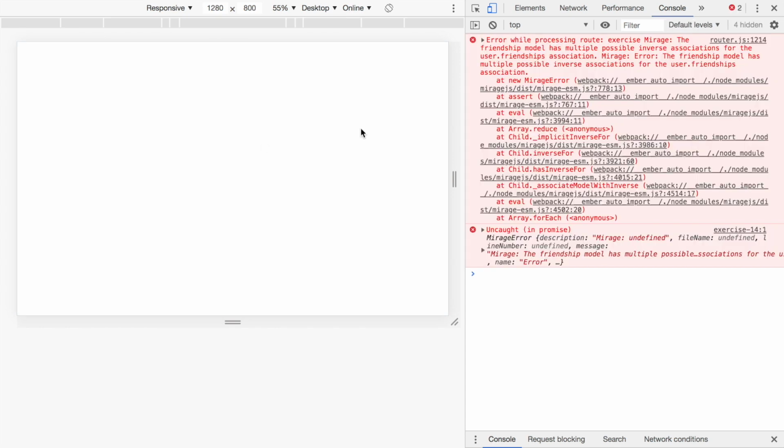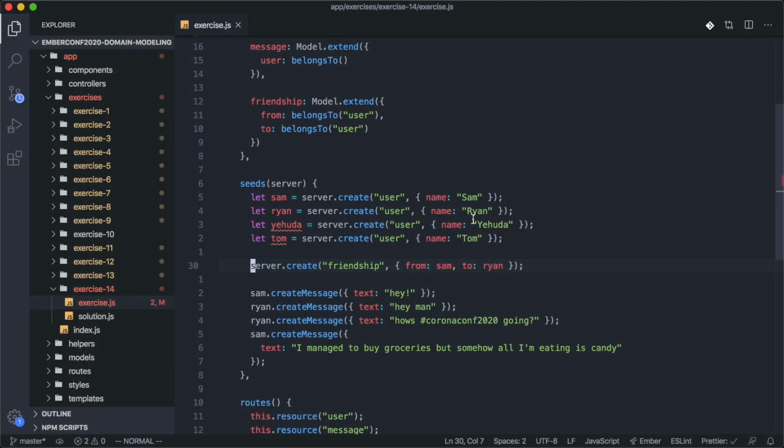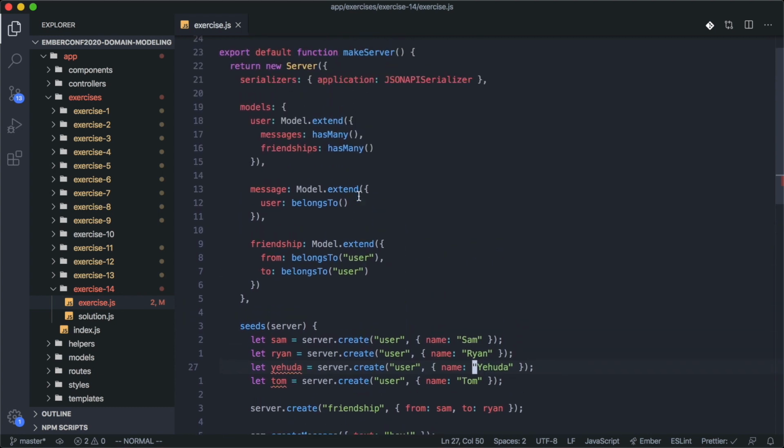And now we're going to hit another error. And this is kind of just starting to get into how some of this gets complex, right? But it says, Mirage says the friendship model has multiple possible inverse associations for the user.friendships association. And so what that means is that Mirage is trying to keep these in sync, and it says, hey, friendships right here has many,